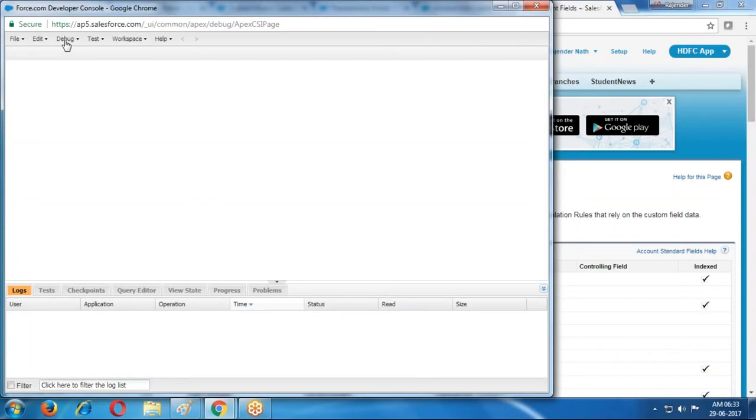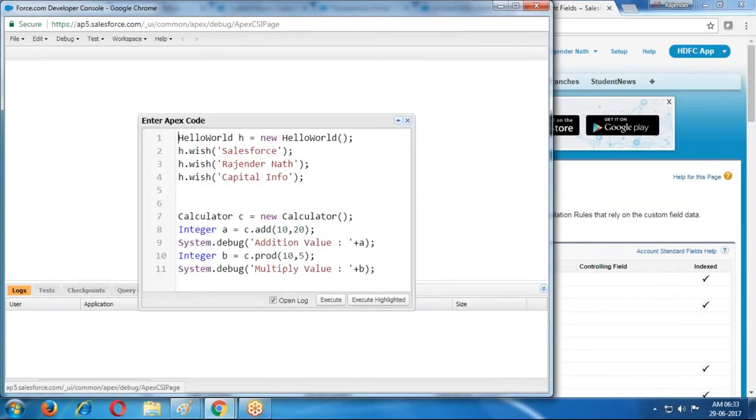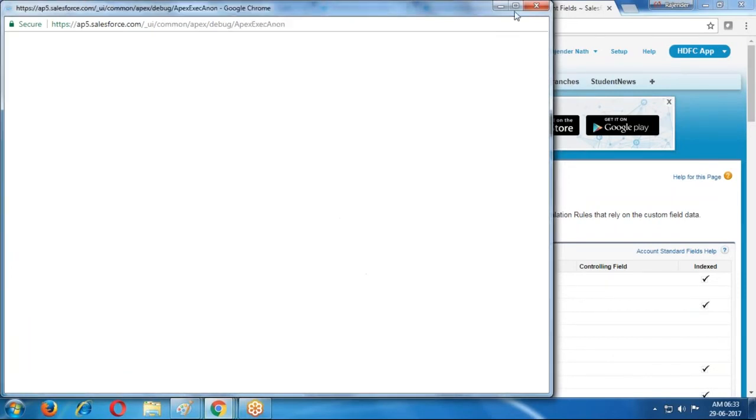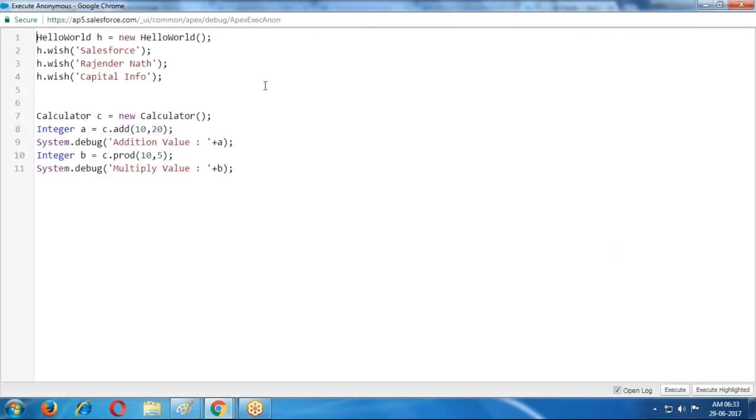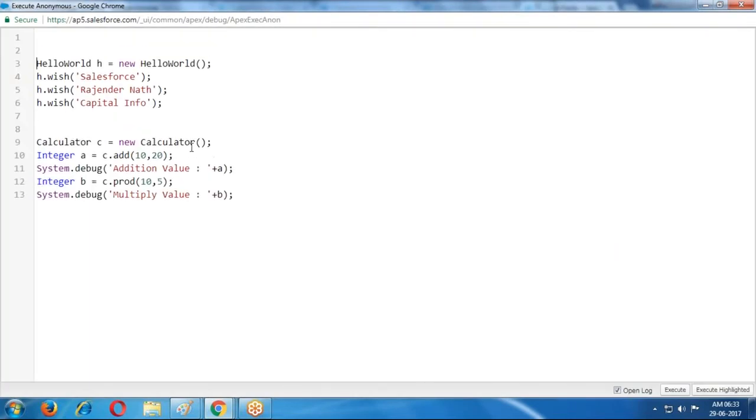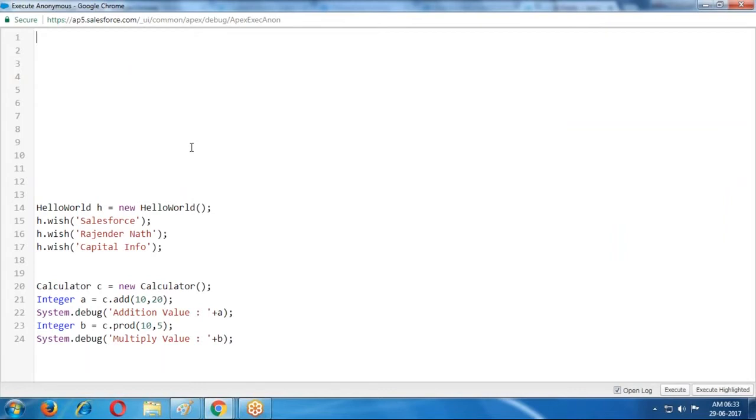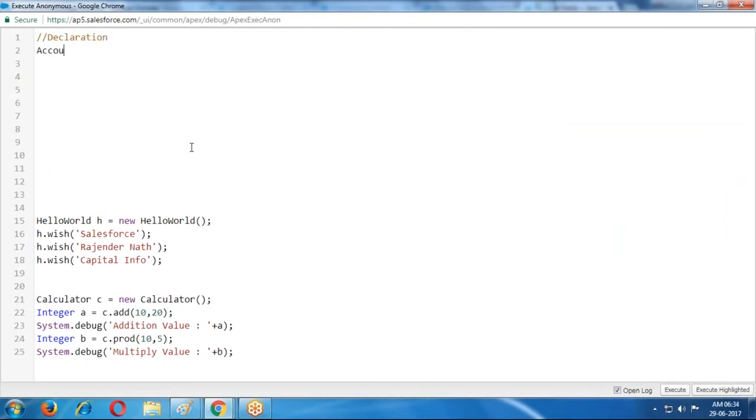In the developer console, open the execute anonymous window. In this window, I'm creating one object. The first step, declaration. We are declaring the object account ACC.